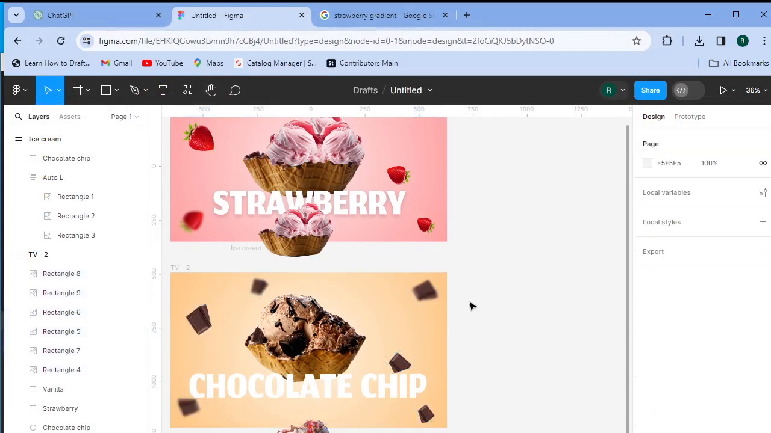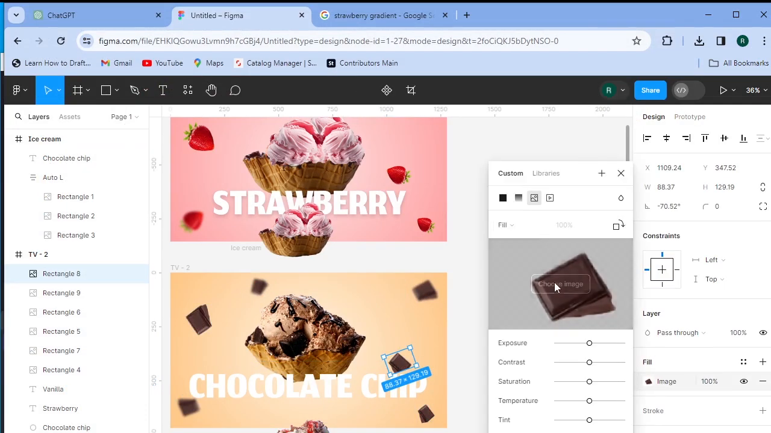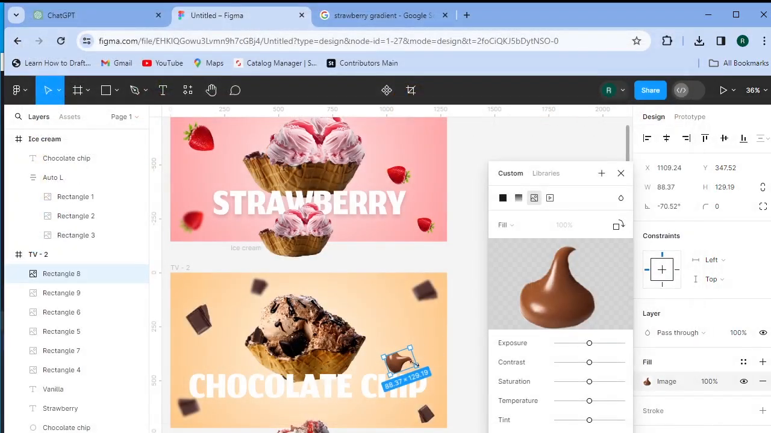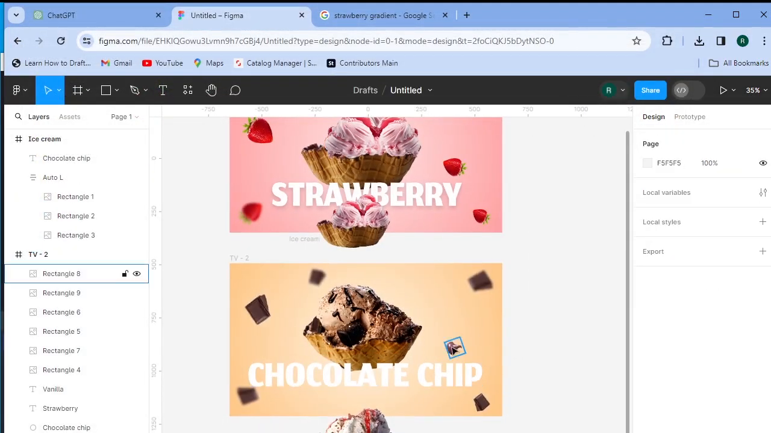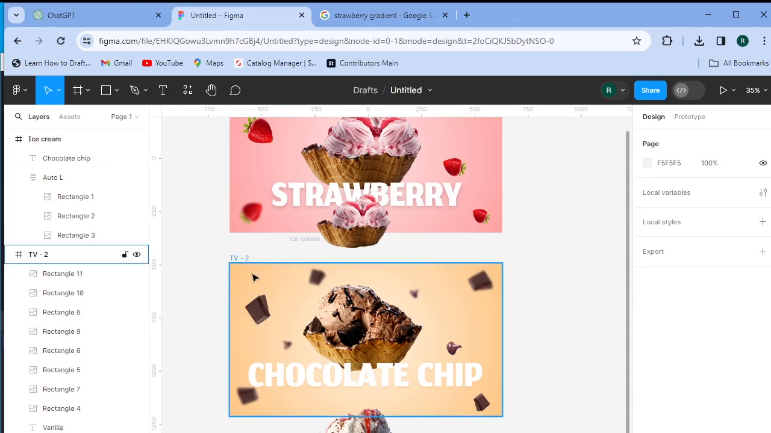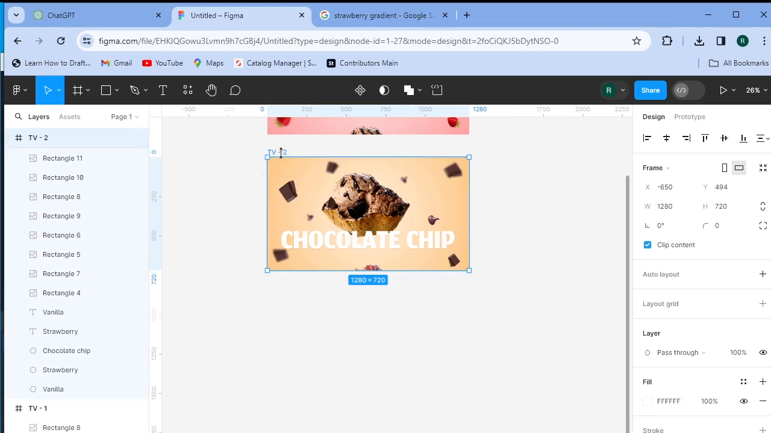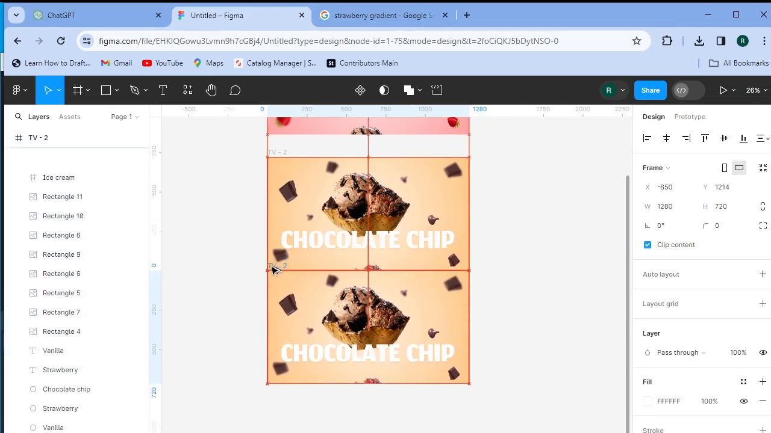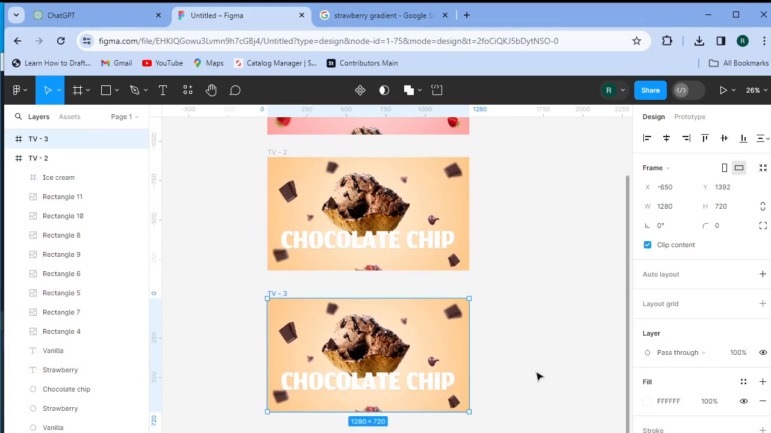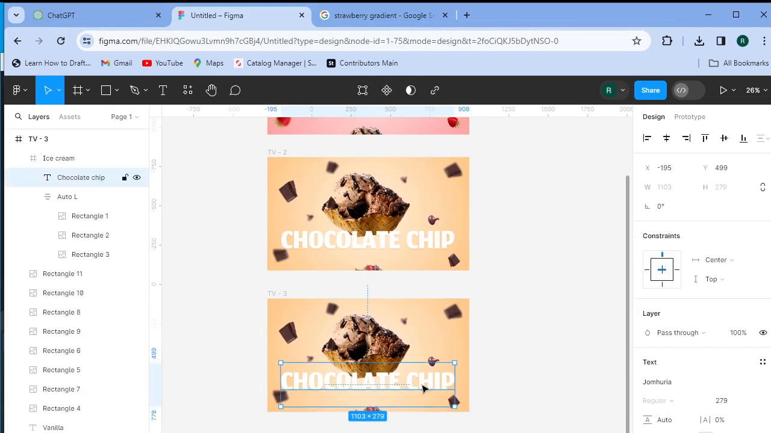Close it now. Select this one, and here I want to have a chocolate chip. So select it, go to Image, choose Image, and here select the chocolate chip. OK. Like this, and let's adjust it, make duplicates of it, and adjust their positions as well. Now, once the props are done, make a duplicate of this frame as well by pressing Alt-Command on your keyboard and dragging it downwards. OK, now select this chocolate chip text layer, make its fill opacity 0, and here